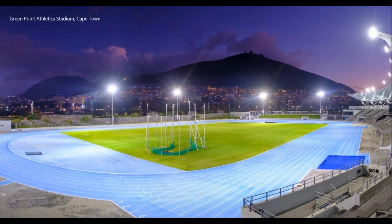Thank you. So obviously, just a few brief, more recent installations that we're proud to have installed: the OMNIBLAST LED solution in the Greenpoint Athletic Stadium in Cape Town. This is a very recent project. The next one